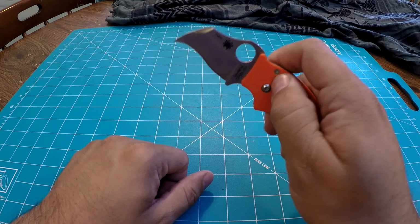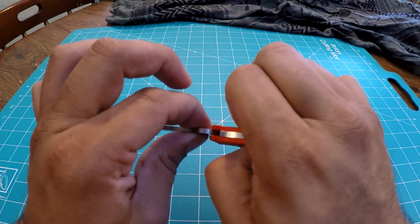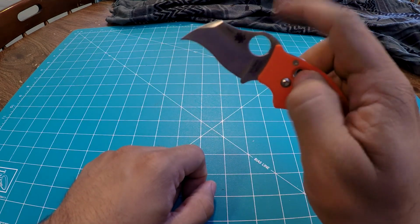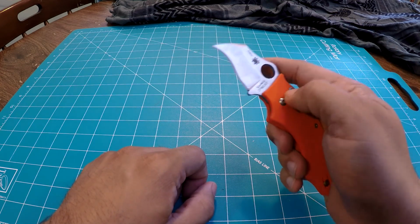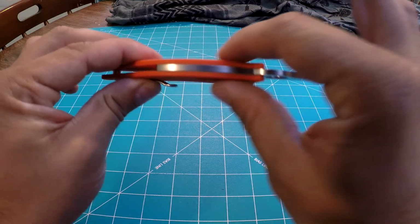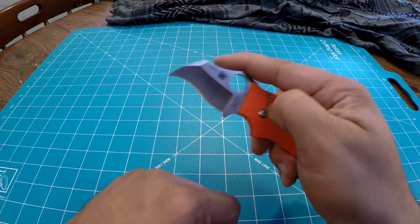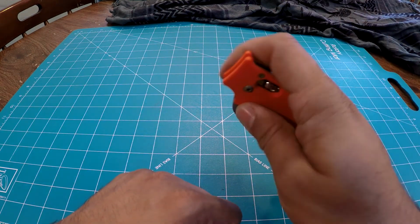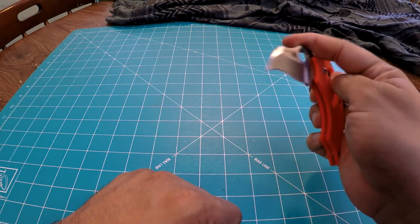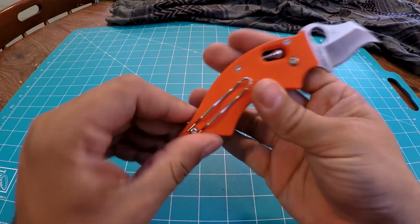As far as one-handed opening, it is ambidextrous because you can do it on both sides if you pinch and pull. Or if you want to do it with one finger, you have to press your finger deep into it. As you can see, it's flush, so you don't have anything to grab, and you have to dig in, move the ball out of the way, and then you have it. So pretty awesome. Super lightweight,